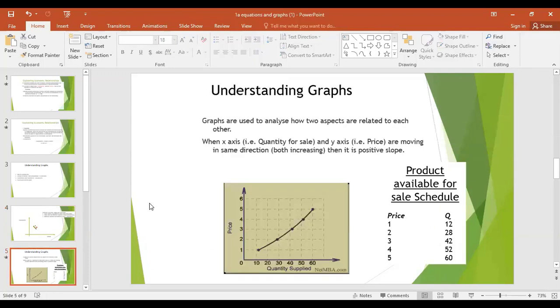Now we have an example of our supply curve. In this graph, we have two axes, price and quantity. And we already know that if the price and quantity graph is positively sloped, it's a supply curve. We have studied it in microeconomics. In this case, there are 5 dots. They are taken from the schedule, which is a table, and we plot them together.